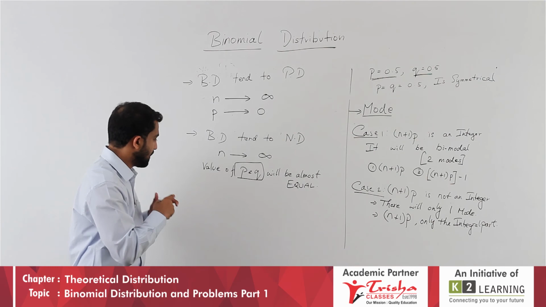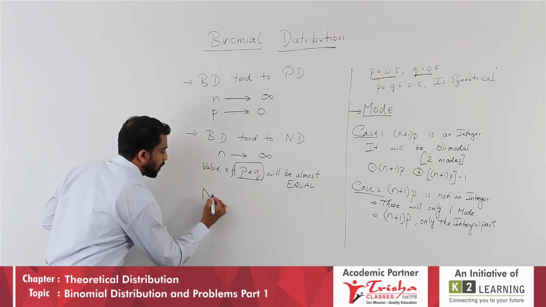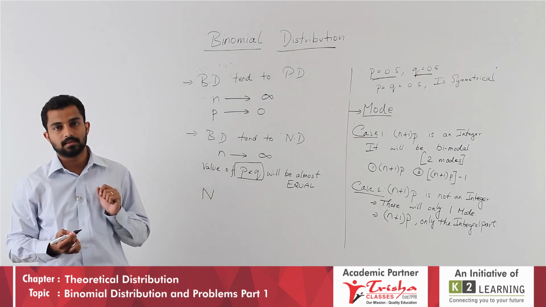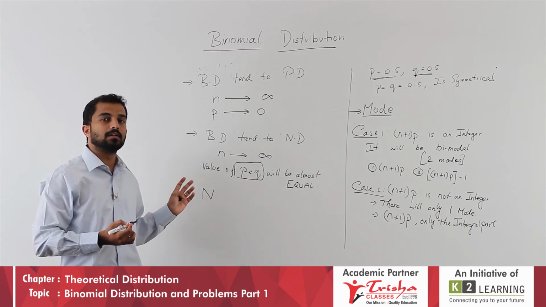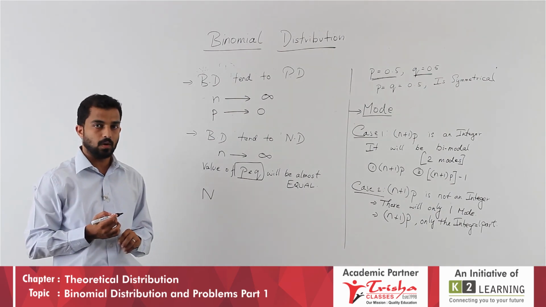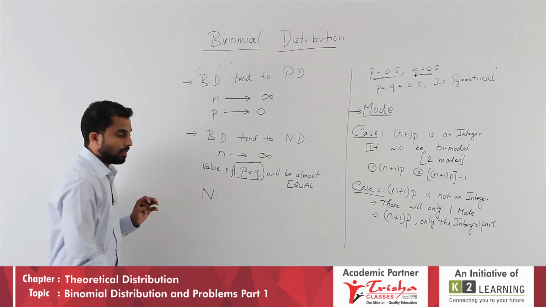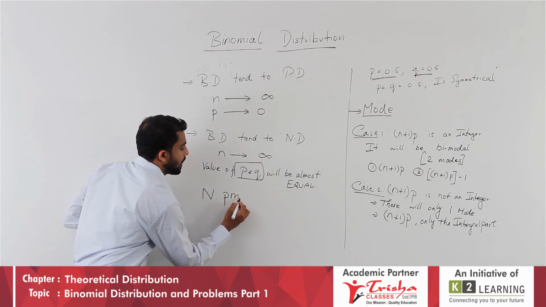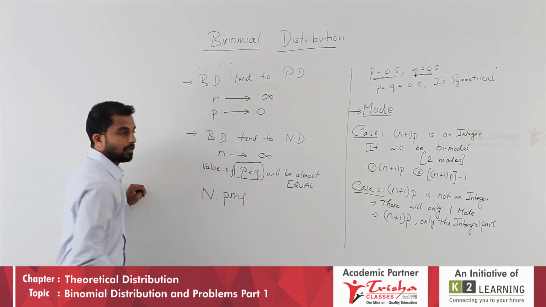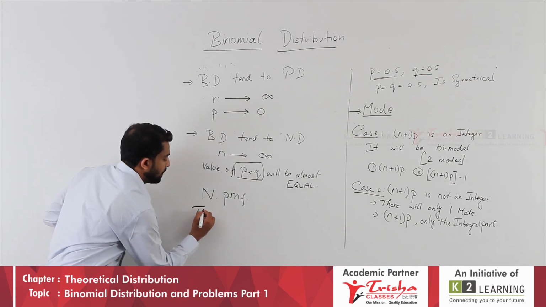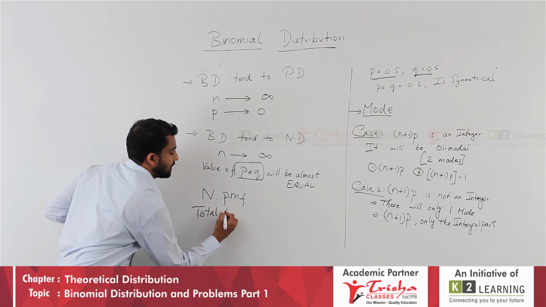Capital letter N. This is what we call total frequency. So whenever total frequency is asked to be found out, our formula becomes N into the probability mass function. That is total frequency